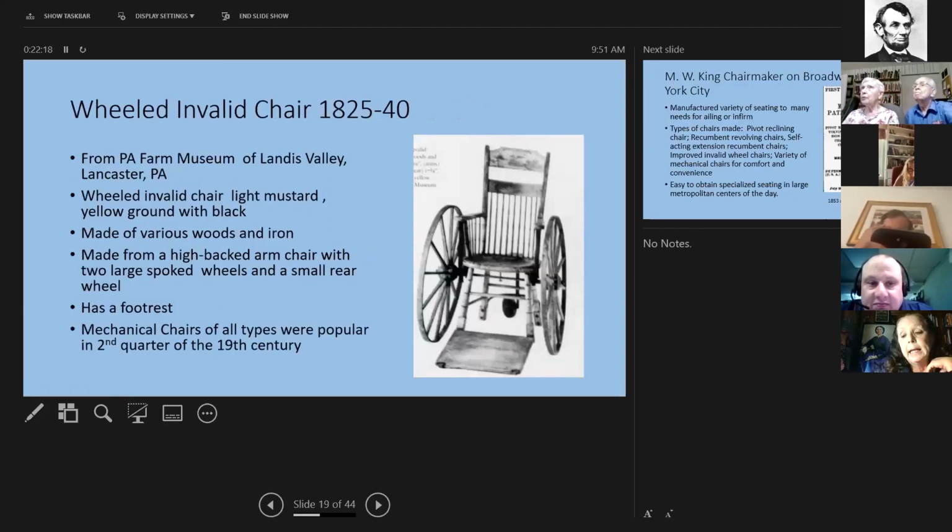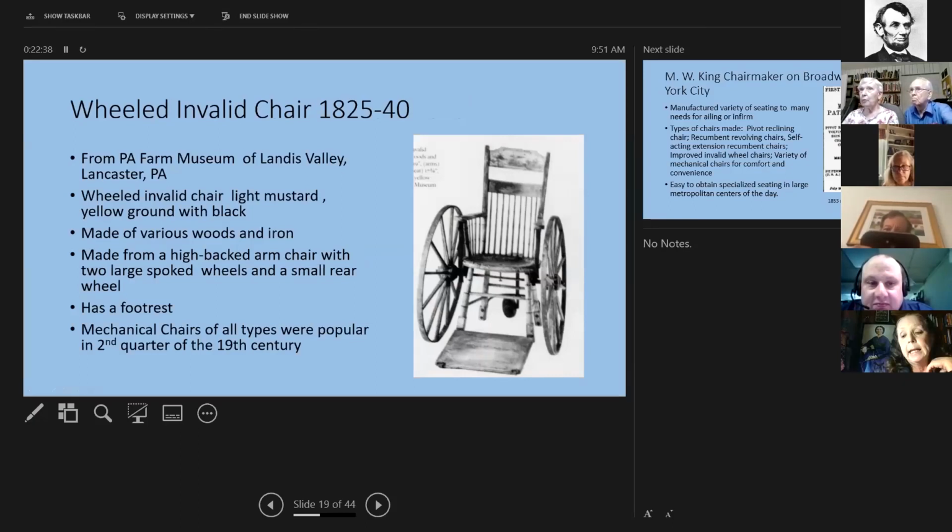Now, here is a wheeled invalid chair from 1825 to 40. This is from the Pennsylvania Farm Museum of Lancaster, Pennsylvania. It's a wheeled invalid chair, light mustard, with a yellow ground with black.